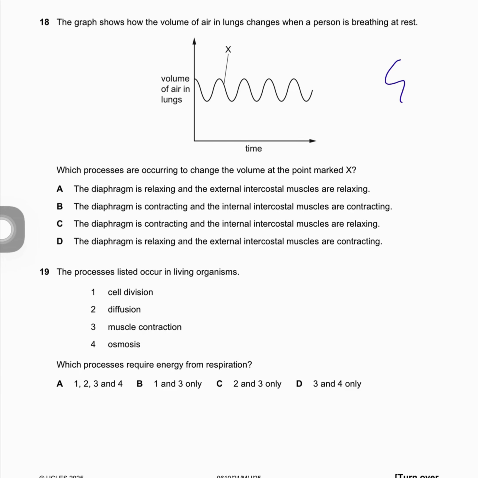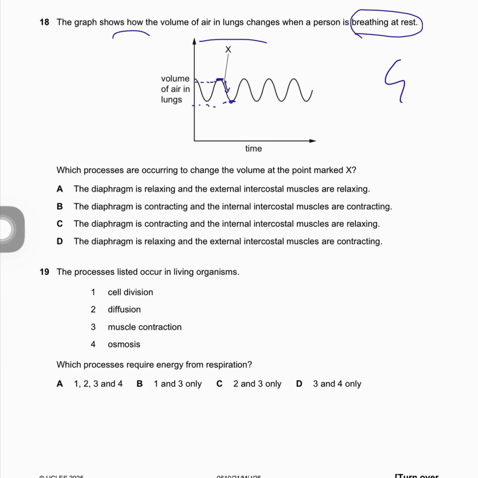The graph shows how the volume of air in the lungs changes when a person is breathing at rest. So we said this point is inhalation, this point is exhalation, because the volume here is increased, here the volume is decreased. So this line represents the exhalation process,